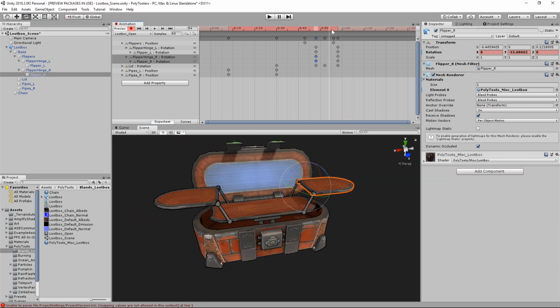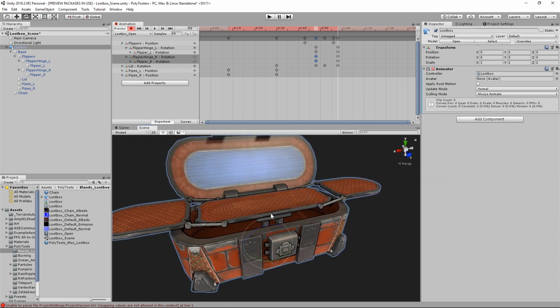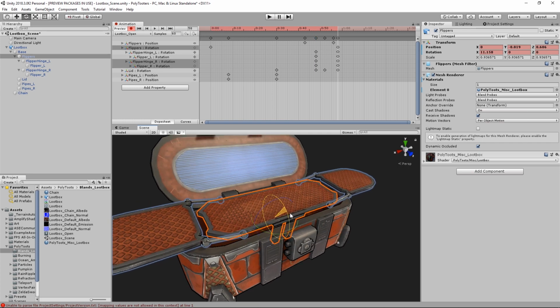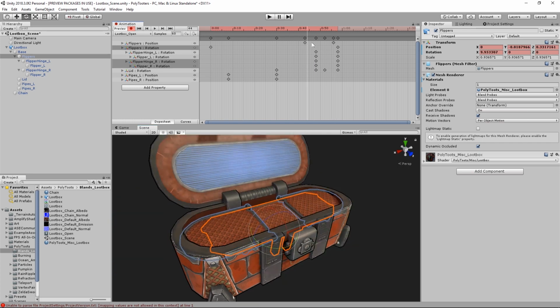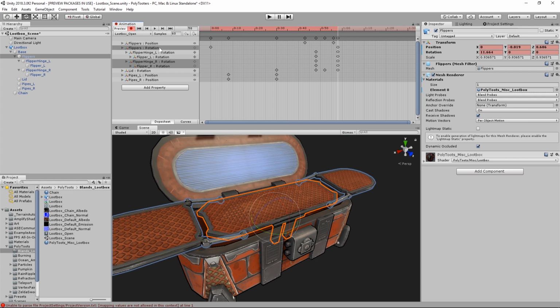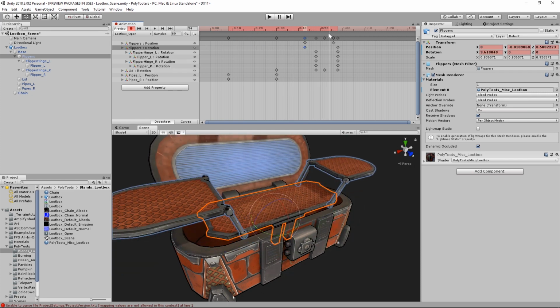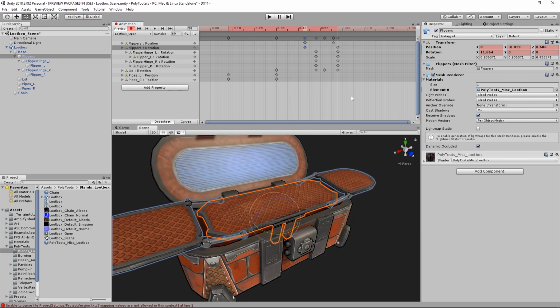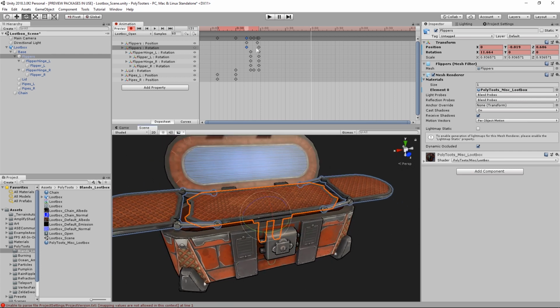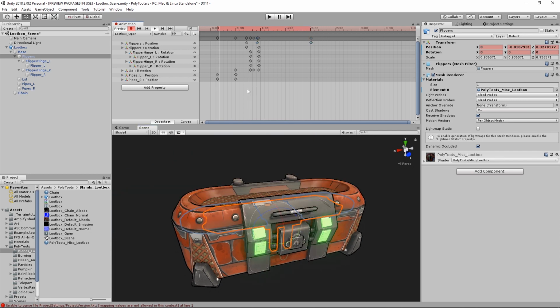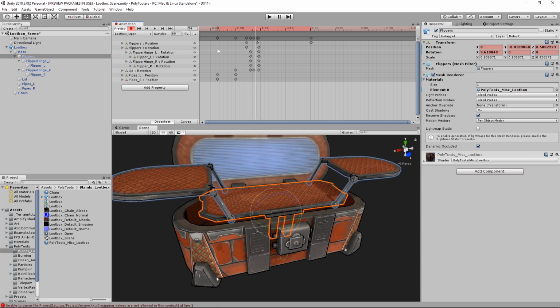Basically just the same as I was doing before, rotating things, moving things. It creates keyframes. I move those keyframes around as I need to. I'm always previewing the animation to see how fast or how slow something is, and then making sure that things are in time with each other as well, because you don't necessarily want everything to happen one after the other, like the locks come down, the lid opens, the platforms come out, and then the side platforms pop out. You want some of it to be happening almost at the same time, like there's a